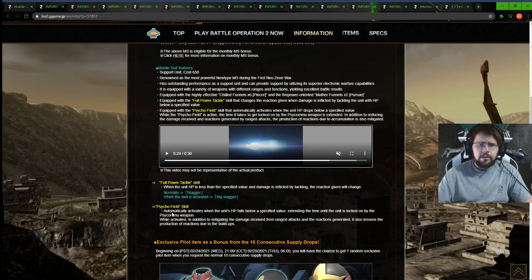So apparently it automatically activates when the unit falls below HP. Extended time until... okay, cool. Oh yeah, so it takes longer for somebody to lock onto you, I believe, is what that does, kind of like the O. And then, in addition, it mitigates the damage received from range attacks and reaction generated. So you pretty much have shock dampener when you're in that mode, which is really nice